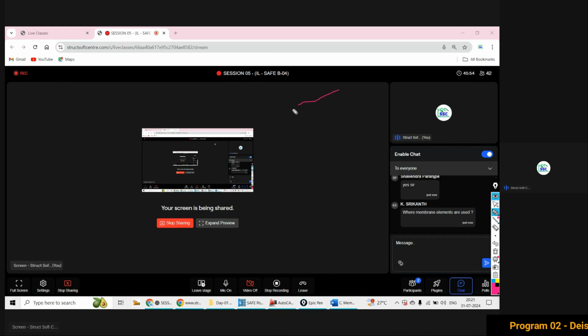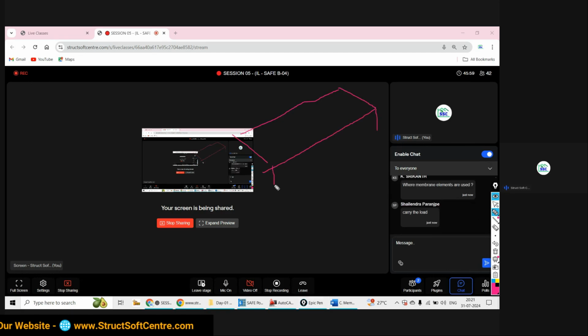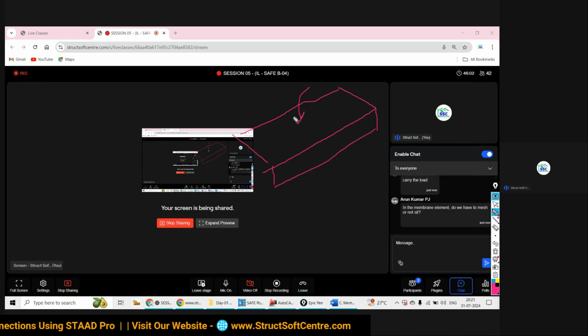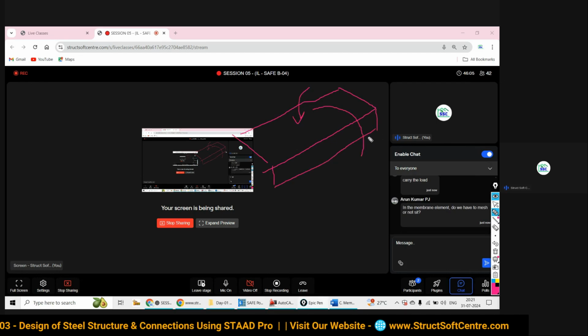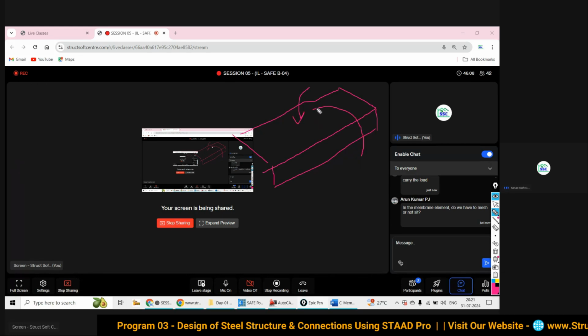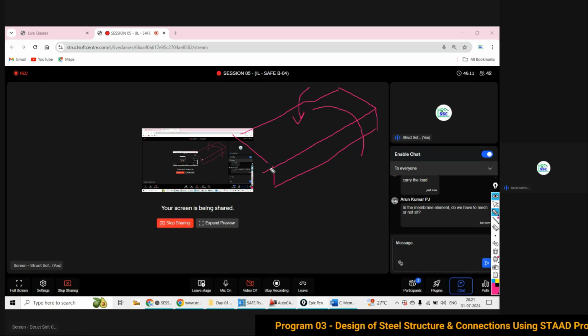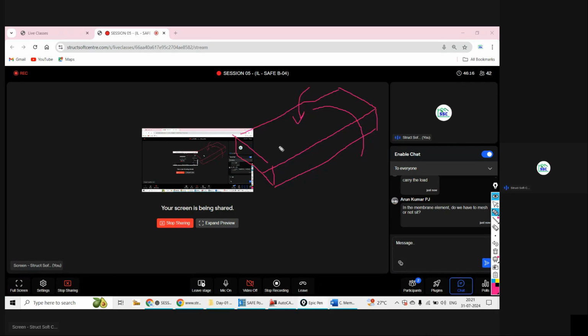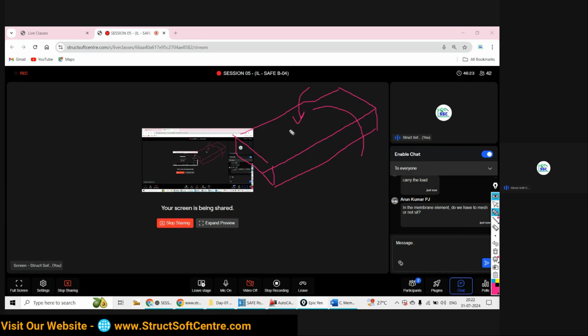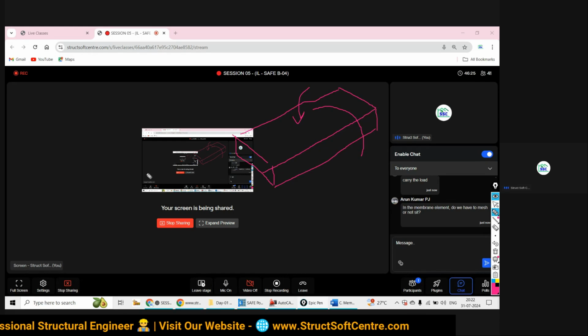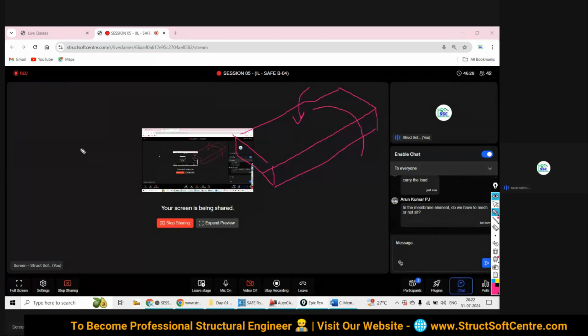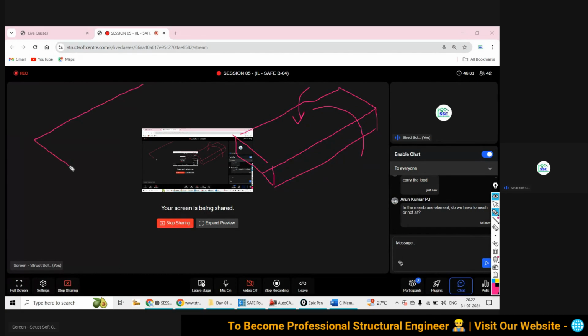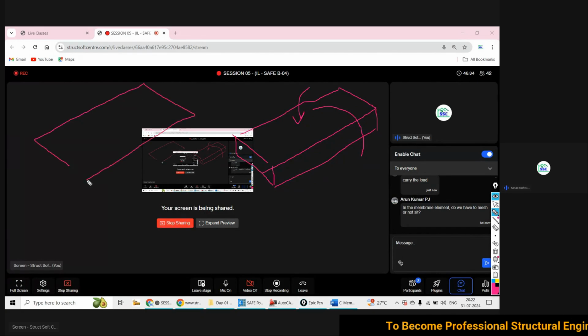But what I am going to say, in case of the membrane element में हम लोग उसकी आउट ऑफ प्लेन स्टिफनेस नहीं कंसिडर कर रहे हैं। मींस व्हाट एवर द लोड यू आर गोइंग टू अप्लाई, वो सारा का सारा लोड क्या कर देता है, सपोर्टिंग मेंबर को ट्रांसफर कर देगा। So my dear friend, the membrane element is not going to carry any load. So if you are going to consider membrane element, your observation is wrong. But in reality your member is going to carry the load, so actually that behavior is going to be shown by your shell element.